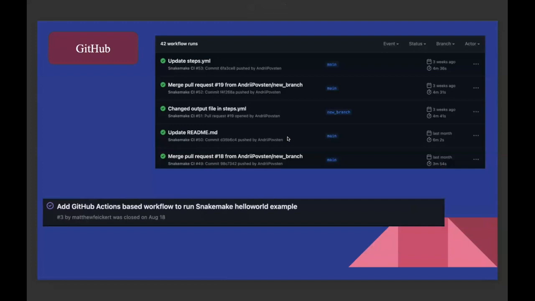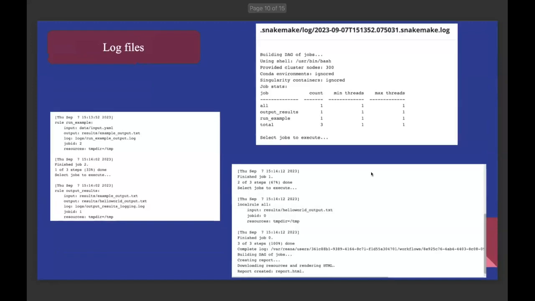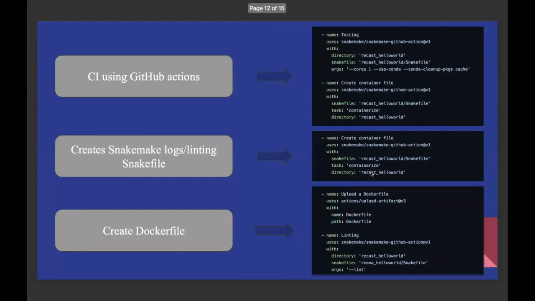Yes, and also we implement continuous integration using GitHub Actions. I think it's a really important practice, because CI involves running tests and checks after each code commit, catching potential issues early in the development process. And the nice part about Snakemake is that it provides its own action for continuous integration, like logs, as I mentioned previously, and linting, which is also one of the cool features,